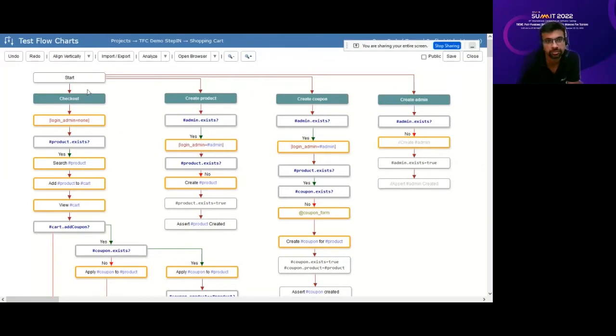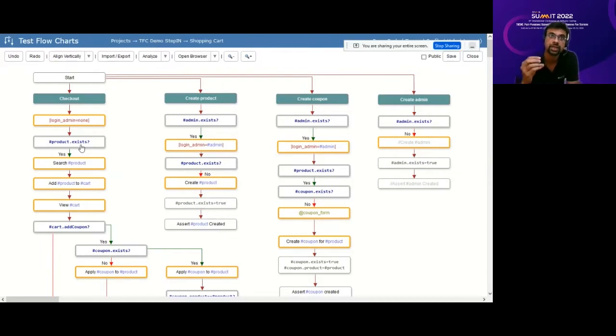Let's look at these different paths. So this is the checkout path. Okay, now this is how it is written. It has a label, and then it has some instruction, we'll ignore this for now. So it says, for this path to actually execute, wherein I'm searching for a product, and then adding it to cart, then applying the coupon, and then verifying the total.